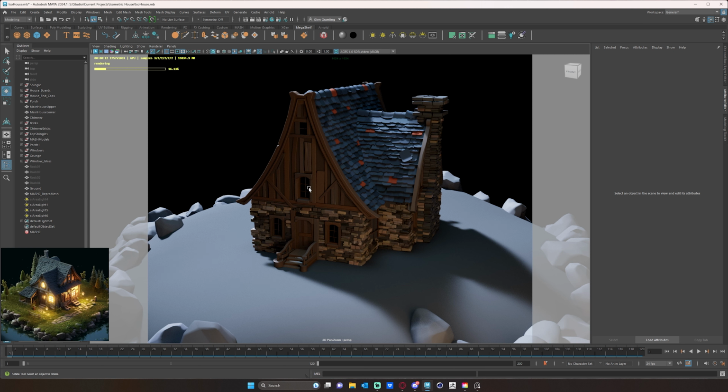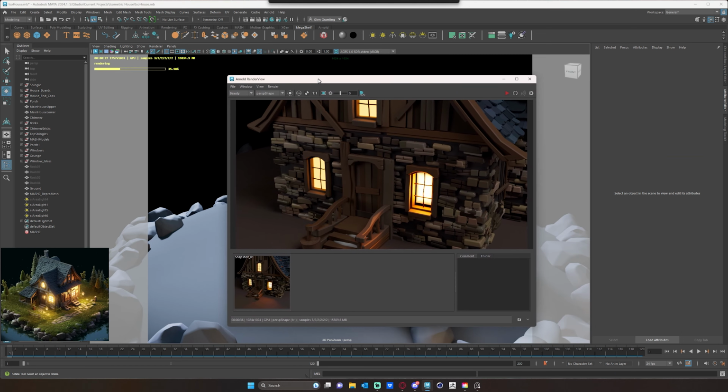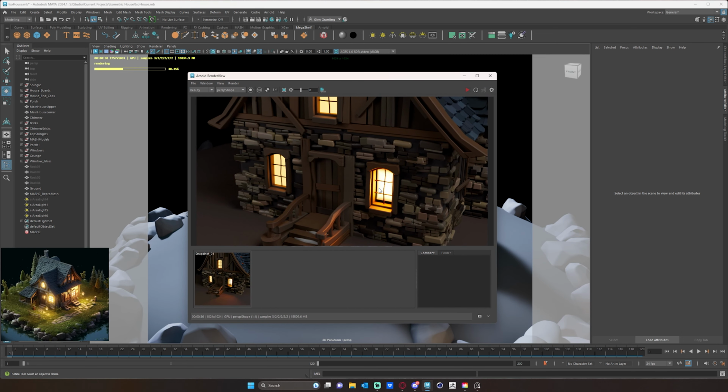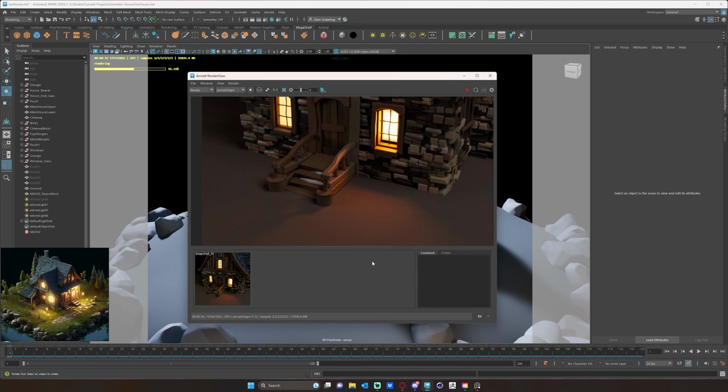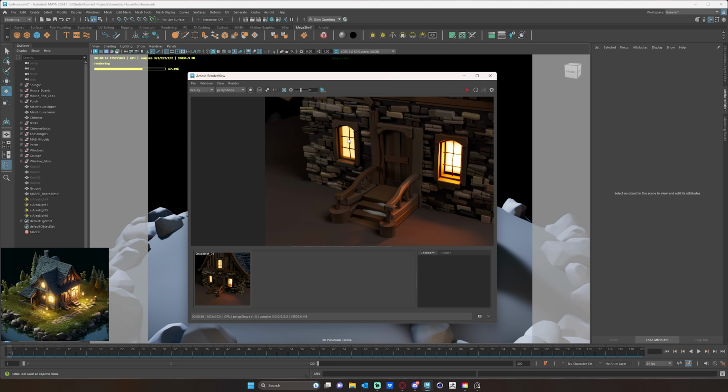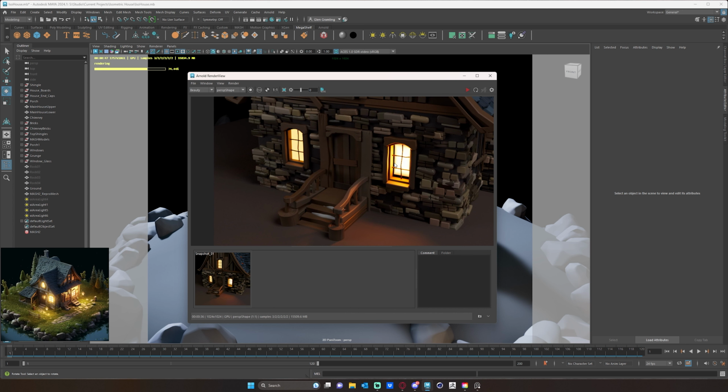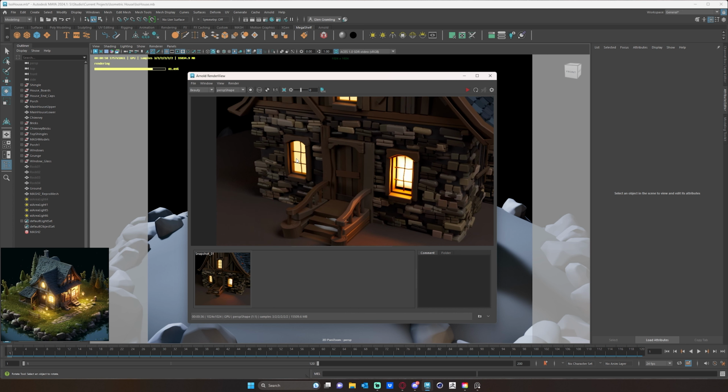Now I want to talk about lighting in the windows because what I had before just wasn't really doing it for me. I didn't really like the result it was giving me. So what I ended up doing is using an area light instead of those windows. And let me show you the difference here. So this is a little render I did before where I have this area light. You can see that we have much nicer, richer colors here, and we have much nicer lighting coming from this window using this area light than what we had with just our window and the emissive cranked up on it. So I think what I'd like to do is replace all my windows with area